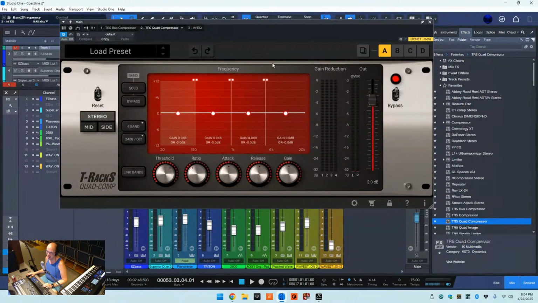All right, so multi-band compressor. Well, it's a compressor, but it's a compressor for different frequency ranges. You have low, low mid, and high. So it gives you a little more control over each of these ranges. So let's say if you want your mix a little less muddy, I could go into the EQ and use an EQ to do that, or I can do it with this. And if I look over here, right now it's very, very gentle. If I wanted to grab more control over that low end,